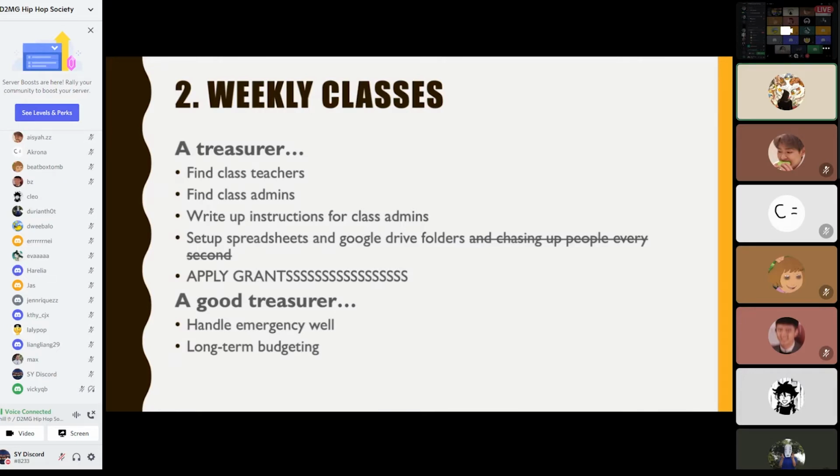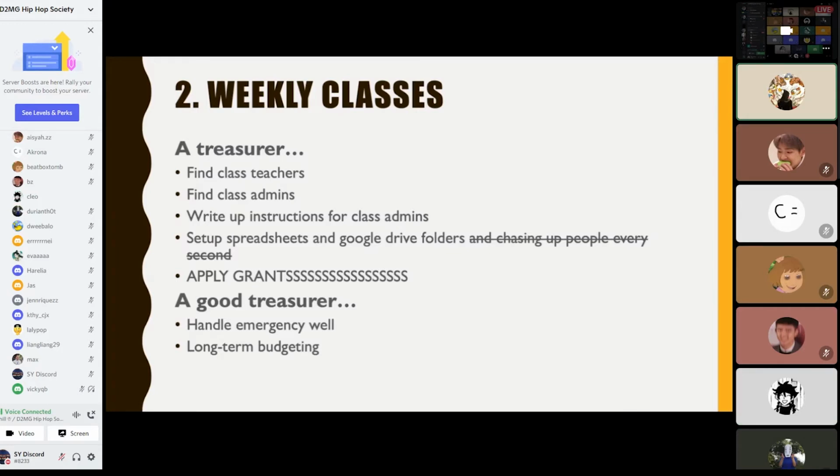And also, a treasurer has to oversee the financial state of the society in the long term. So basically, you have to cancel or change classes when the turnout isn't good enough, or the teacher is not available, or the teacher changes the price charged. And you also may add classes demanded by community members.